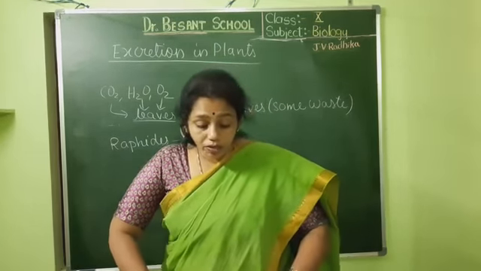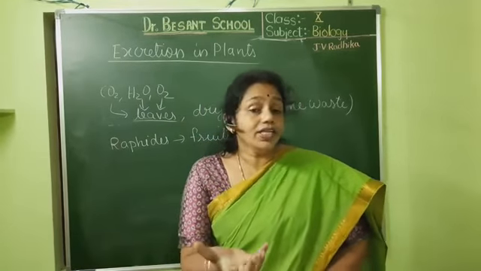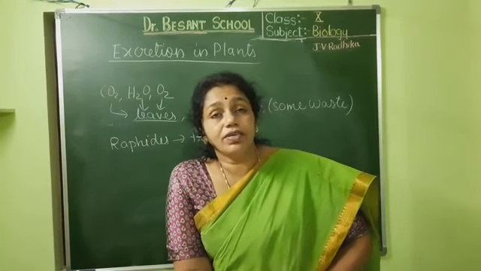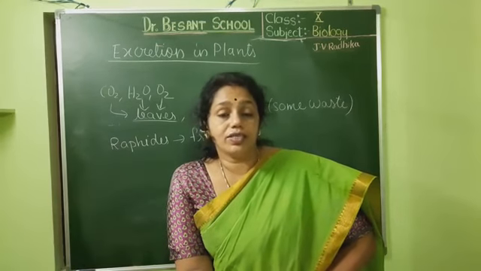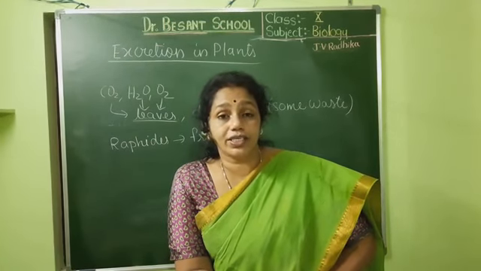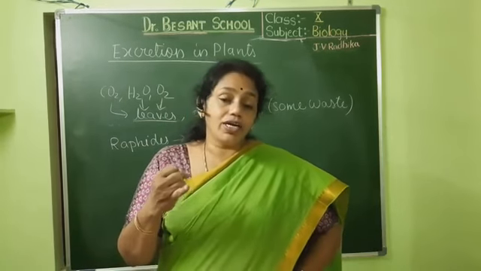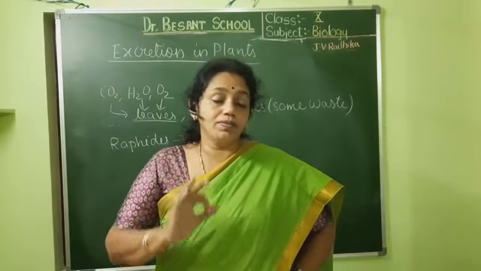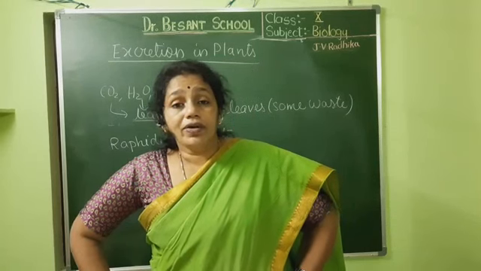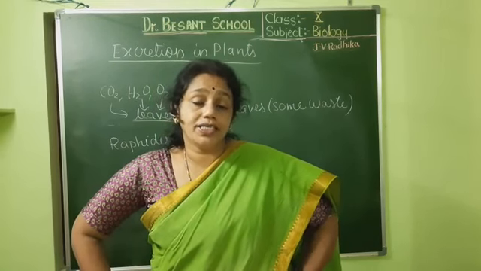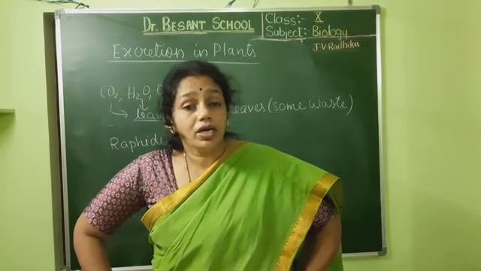Okay, children. Now we shall see further about the products. What are these excretory products? Normally we have studied about the proteins, carbohydrates, or the fats, or different types of amino acids, or the nucleic acids. The plant basically needs what? Carbohydrates, proteins or fats. All these are the major substances. If they are not there, can the plant grow? If it doesn't have any glucose or starch, or certain proteins or fats, then the plant may not grow.